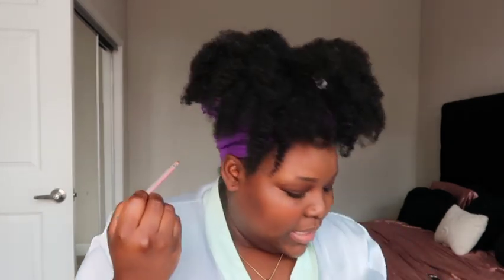So I don't necessarily know if I could do my brows on camera, but I'm gonna just be quiet for a little bit and we're gonna try to do this. So let's see if I can do it using this mirror down here, because that's the mirror I need to be using anyway. So we're just gonna